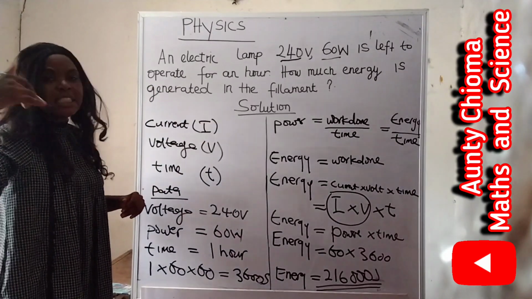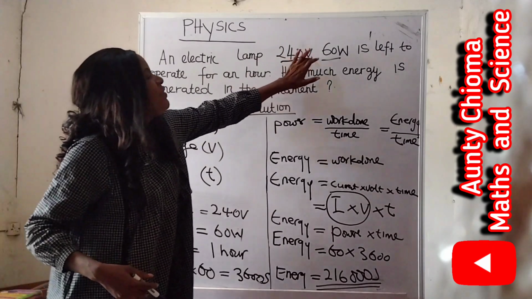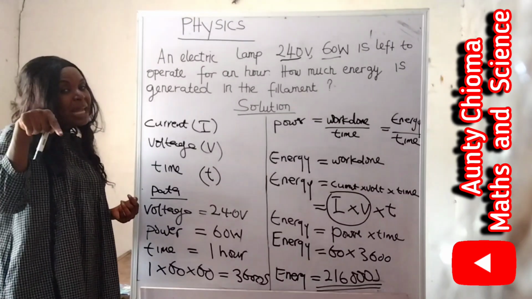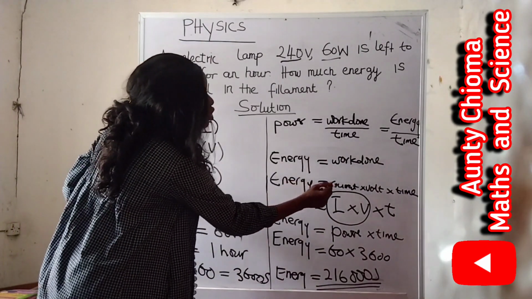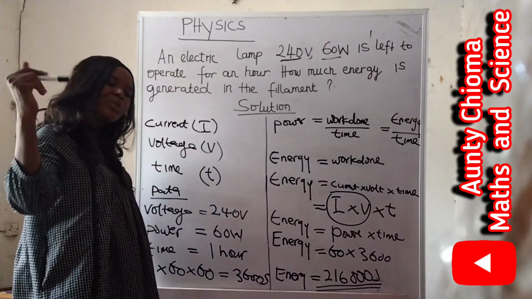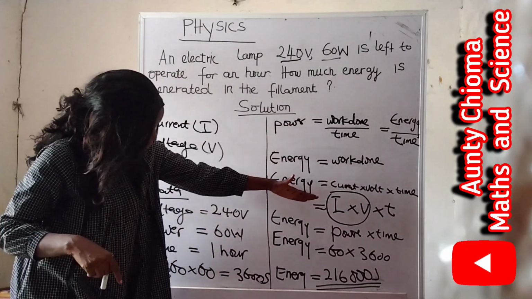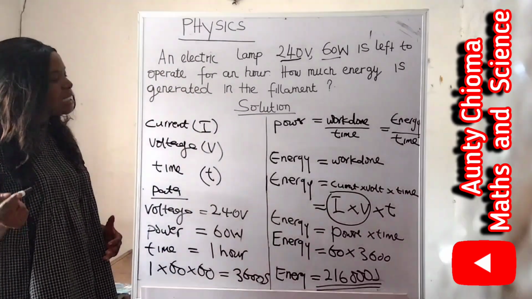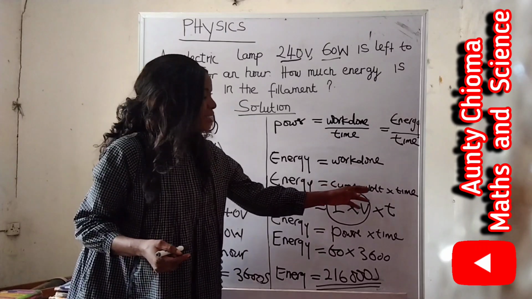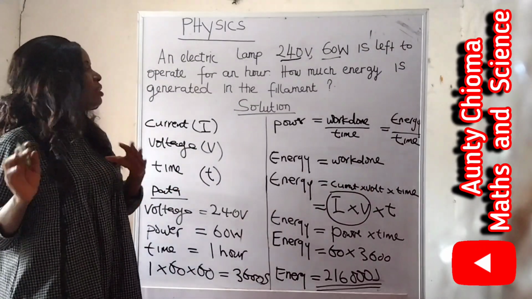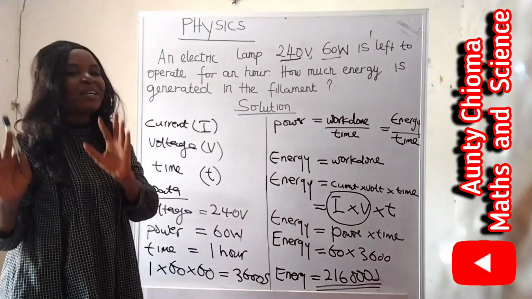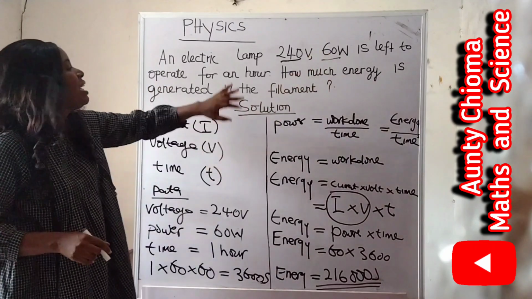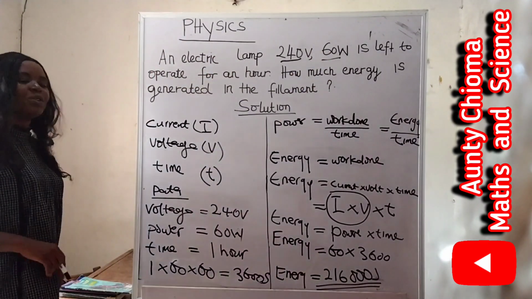In this problem, we are given 240 voltage, given 60 watts, and you are asked to find energy. You know that one formula for energy is energy equals current times volt times time, and also that another formula for energy, we derive it from here, is energy equals power times time. Now look at it. If we insist on using energy equals current times volt, then we might be at a loss because they don't give us a current. That is why we now use energy equals power times time, because they give us power and time. Yes, they give us power and time. So we now forgo this